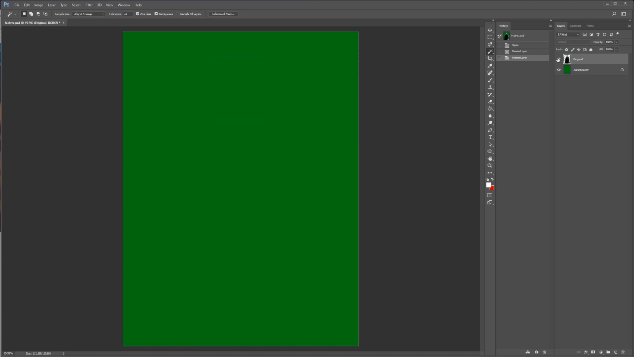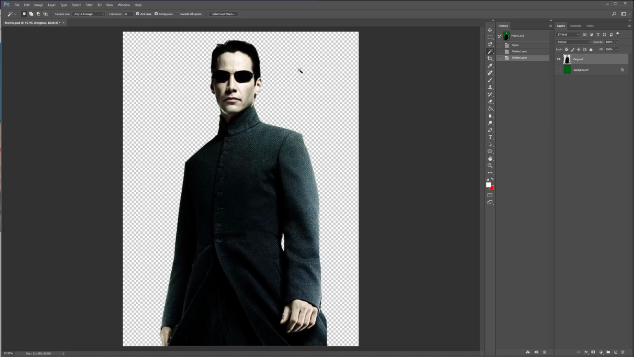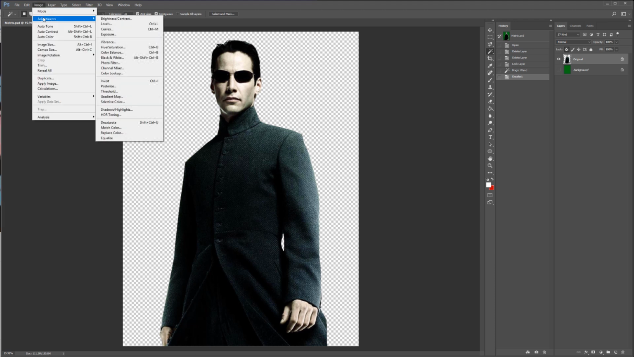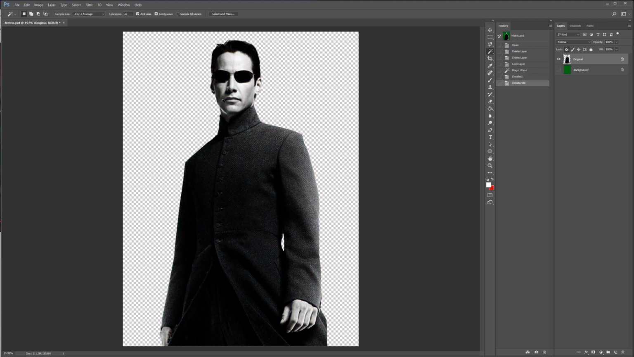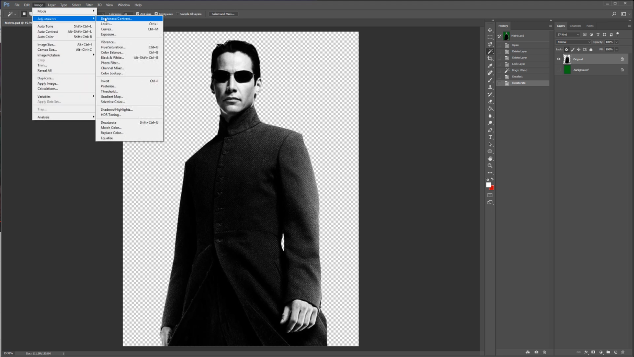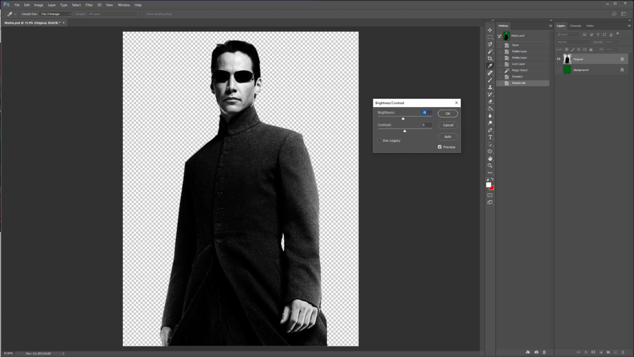First, you need to get the image without any background. The next step is to desaturate the image. So go to adjustments, desaturate, and you get the plain image. Then you can play with brightness and contrast. If you have some dark spots, you can make them a little bit lighter and use the contrast. Press OK,